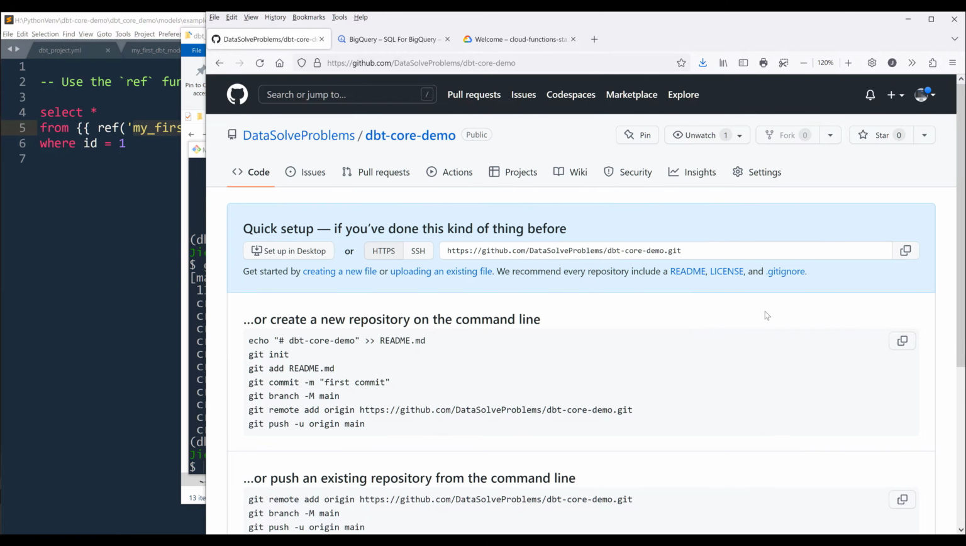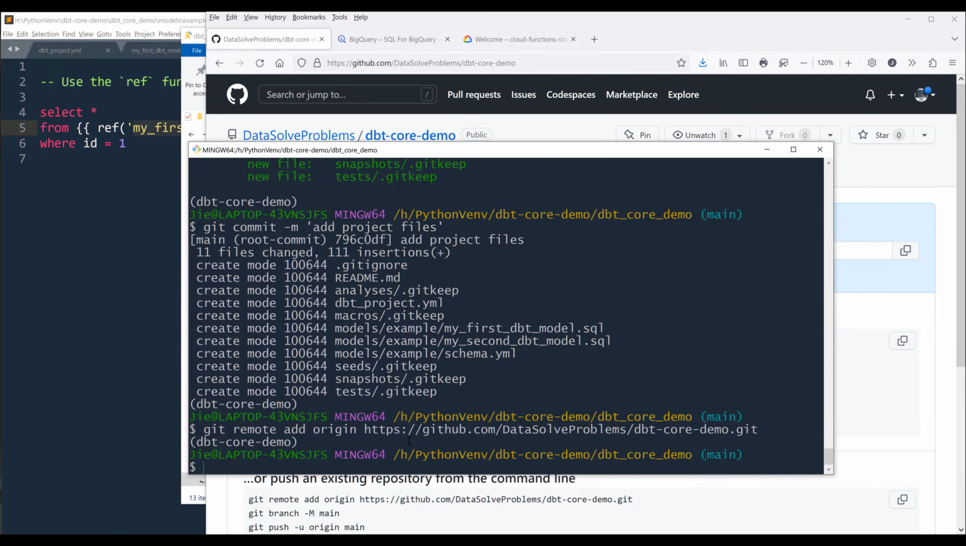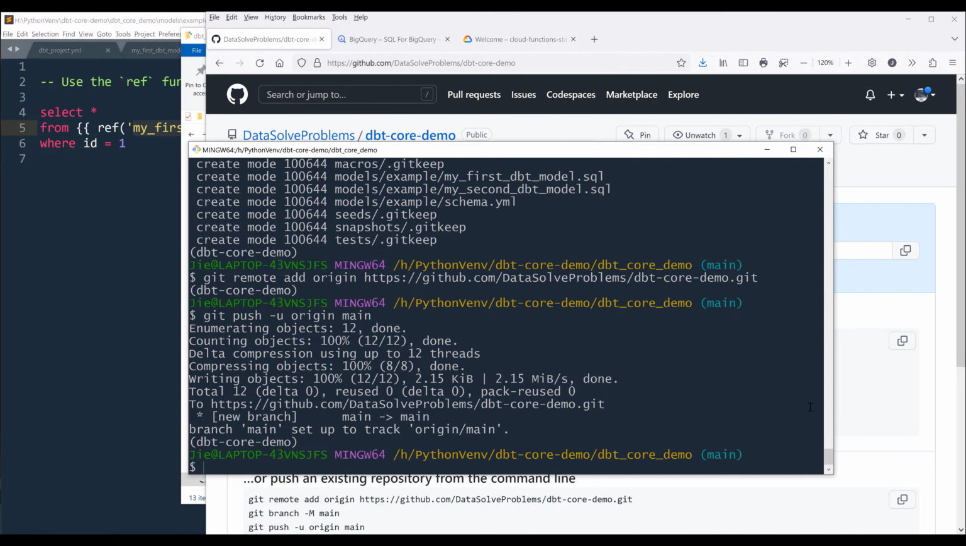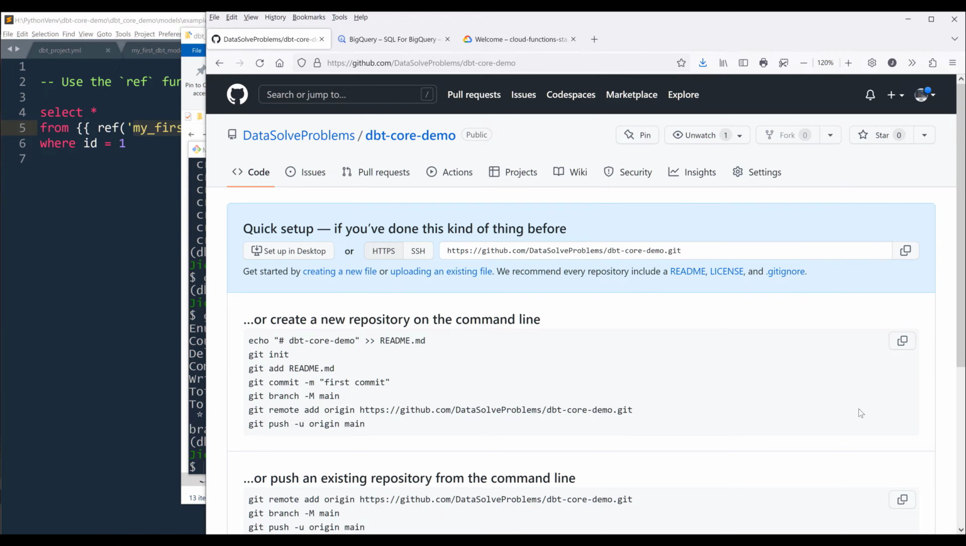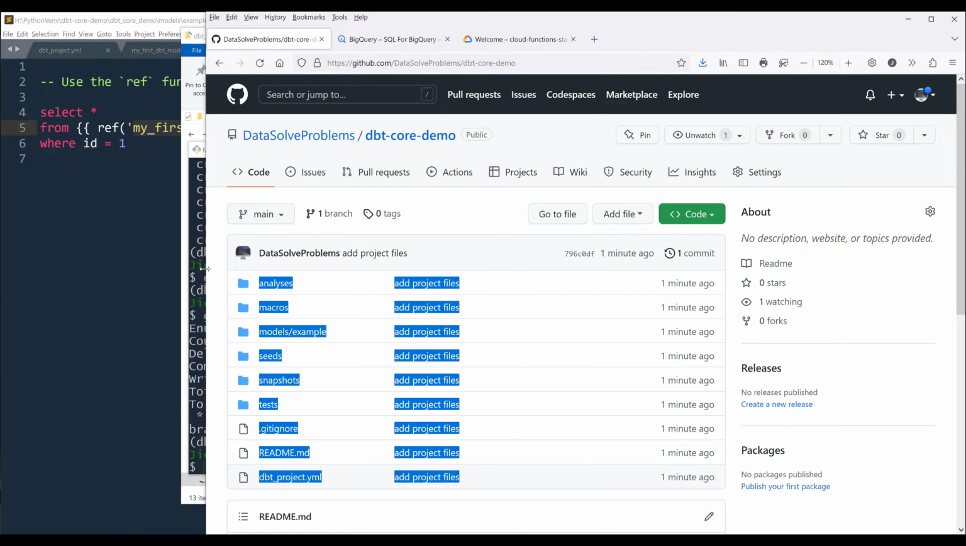Now we need to add the remote location to our project. So I'm going to grab the location path. And I'll type git remote add origin, followed by the GitHub repository address. Enter. Then I'll upload the project files using the command git push -u origin main. Now if I go back to my repository and refresh the page, I've uploaded all my project files into this